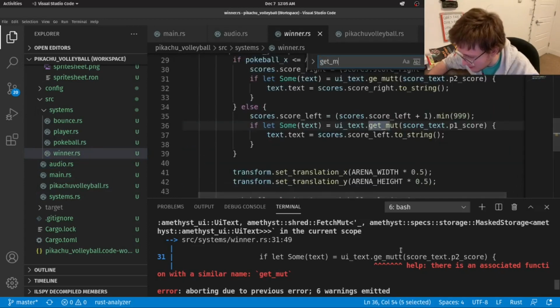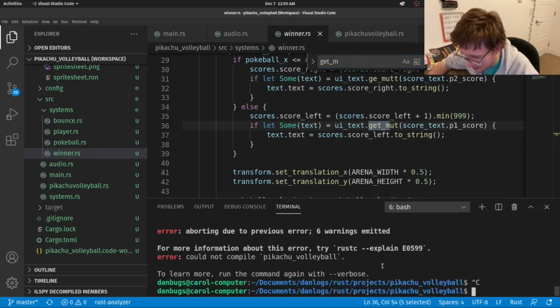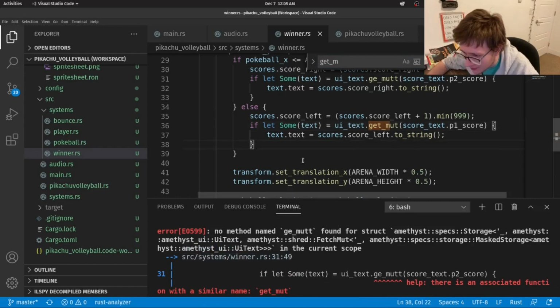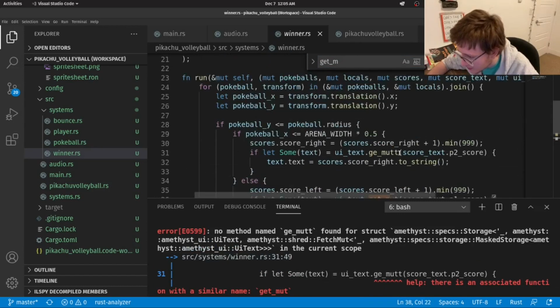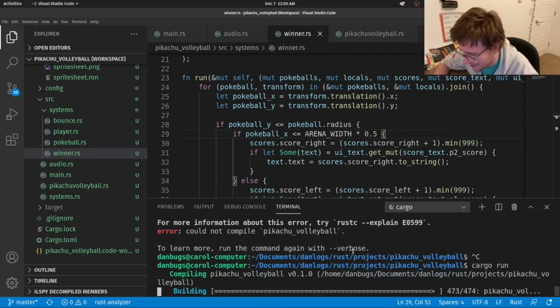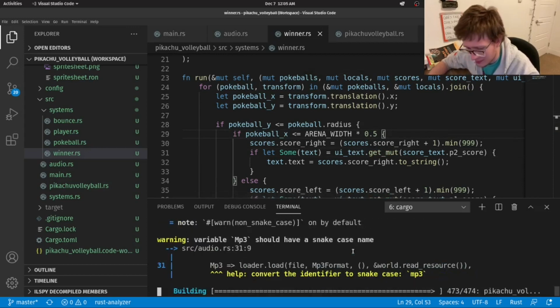Oh, it's g_muted. Winner, line 31, column 49. Line 31. No, I should read cargo messages. There we go. Okay, hopefully that fixes our error. Not sure why that was even there. But yeah, I'll be right back.